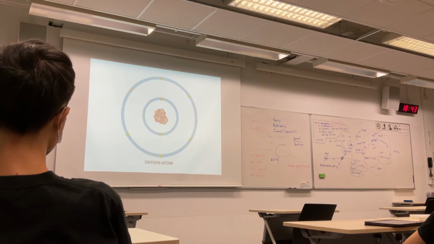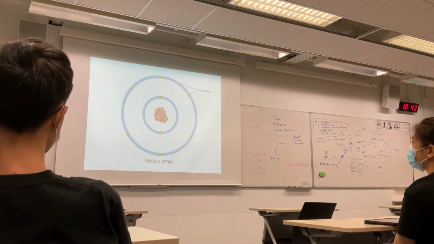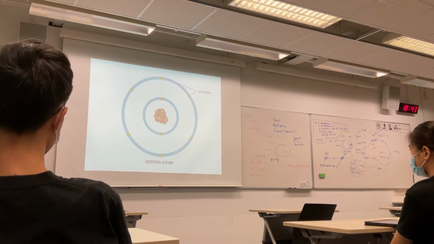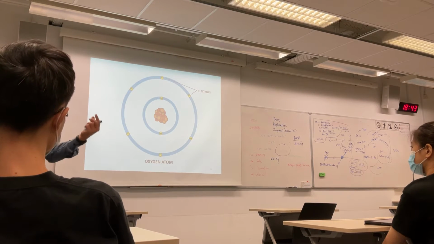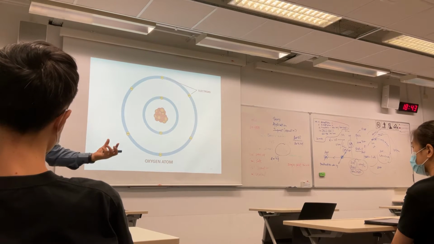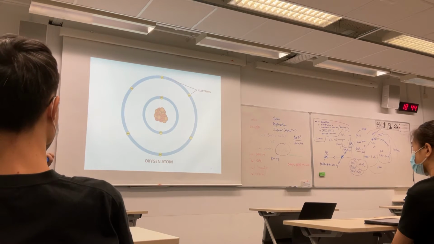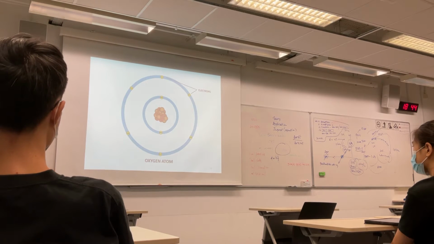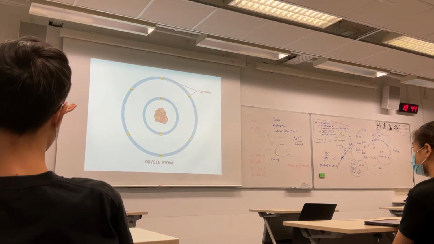Oxygen, of course, you know very well, is 8. So there are 6 electrons outside, short of 2 to make 8. That's why oxygen always reacts with valence 2. You always try and bring 2 electrons into it. So H2O is perfect. Hydrogen has only 1 electron, so one hydrogen joins, and then another hydrogen joins, and they get 8. Very interesting, nicely fit. That's why H2O is so common everywhere. That's why I wanted you to understand atomic physics, because this is very important to understand the world, a lot of phenomena.